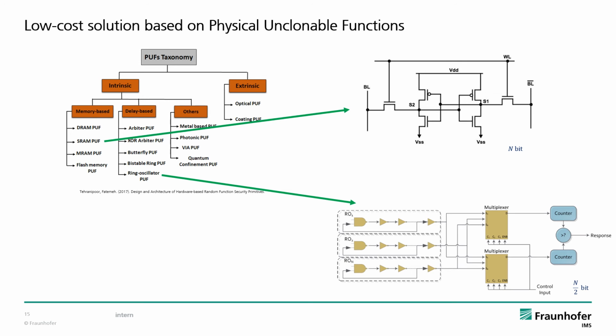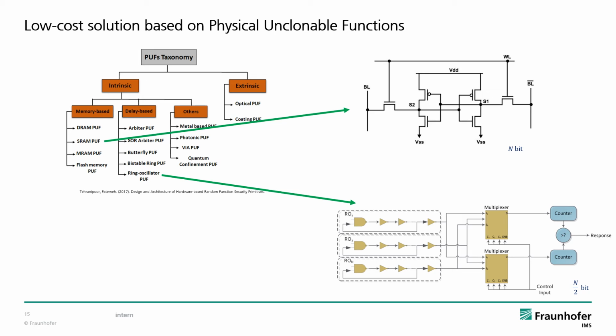Ring oscillators can also be used to get a random output. The oscillation frequency differs from one to another, and a pair of 2 oscillators can be used to produce 1 bit of PUF output by deciding which one of them is faster. For security reasons, every oscillator can only be used once, and therefore only n divided by 2 bits can be generated with n oscillator cells.